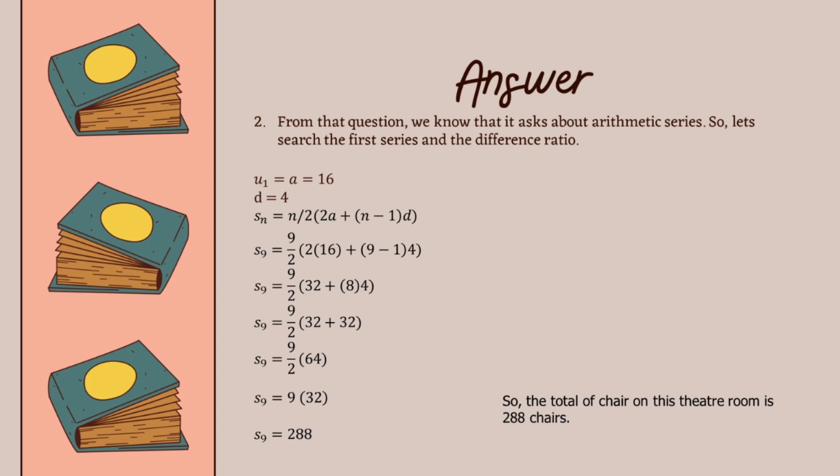S sub 9 equals 9 over 2 times the quantity 32 plus 32, the quantity. S sub 9 equals 9 over 2 times 64. S sub 9 equals 9 times 32. S sub 9 equals